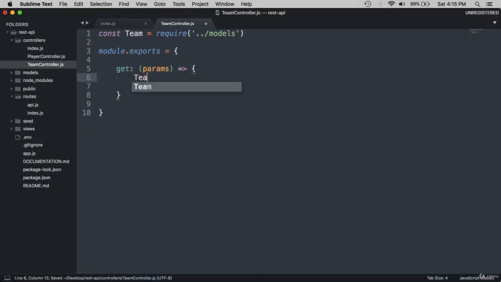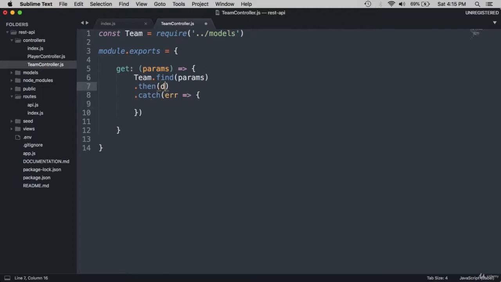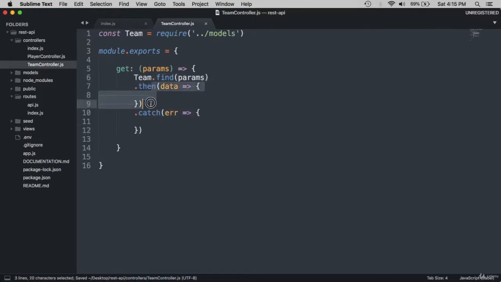And then we can do team find, we pass in the params. Okay, so here is a promise sequence where here we have the success block and here we have the error